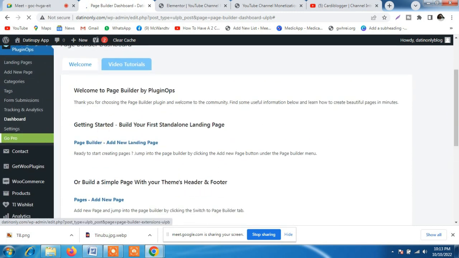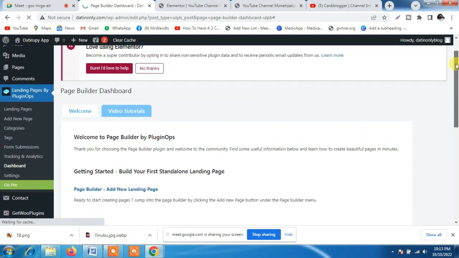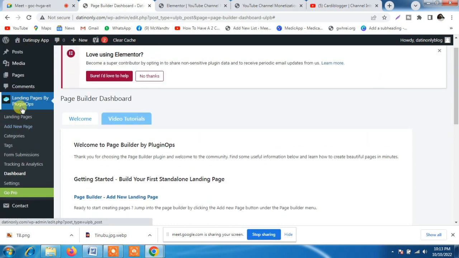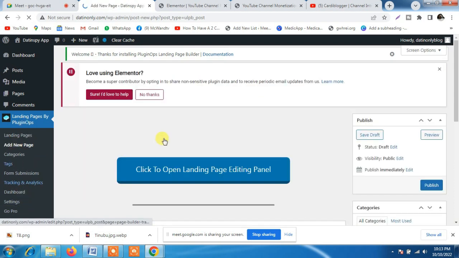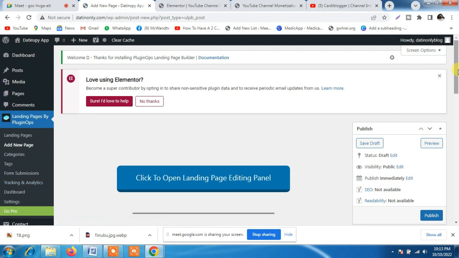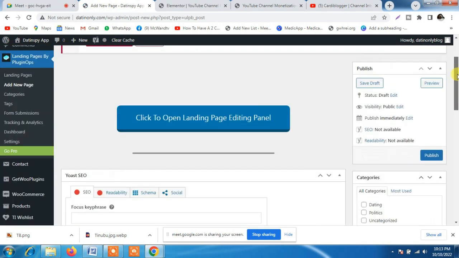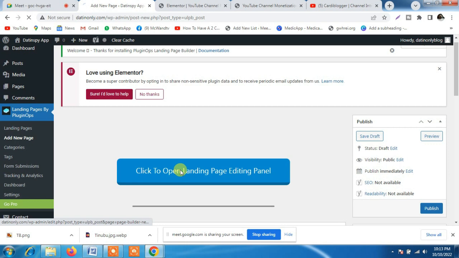So now that you have activated that landing page plugin, we have closed this. I activated a plugin that I installed, this Landing Pages by Optin plugin. You click on landing pages and you see no landing page is found, so you have to add new landing page. Now you are working inside this plugin area. When you click add new landing page, it will bring you to open the landing page editing panel, click here,